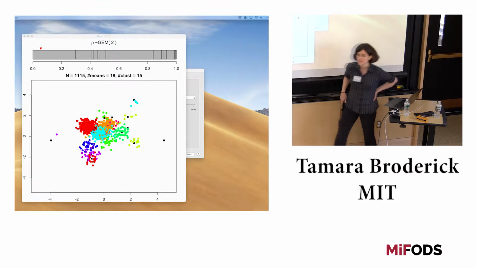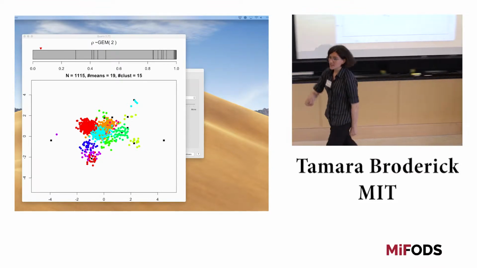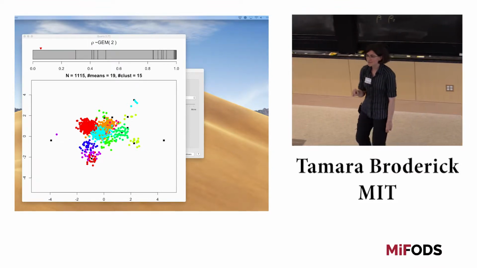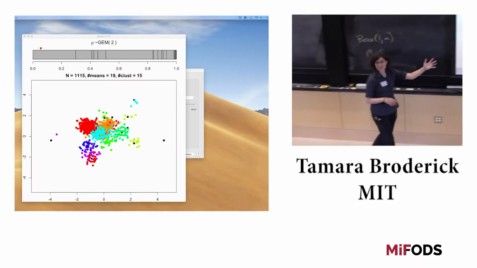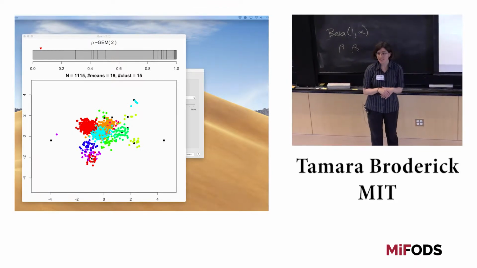So this is, if you believe that my random number generators and my draws from Dirichlets and Gaussians and all of that are exact, then this is an exact sample. So I never had to truncate anything. I never had to approximate anything. I never had to do any of that to make this work. It's exact in that sense.